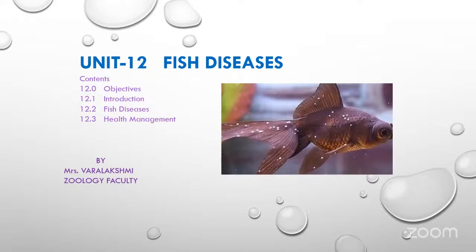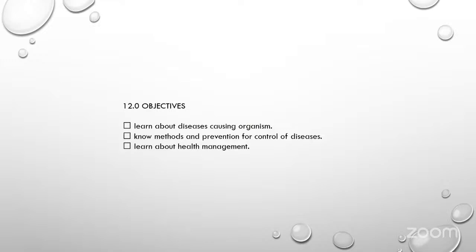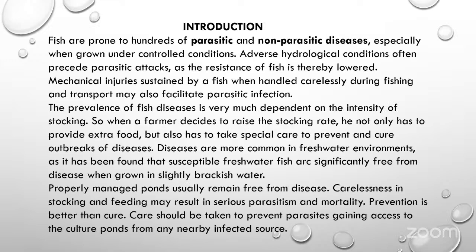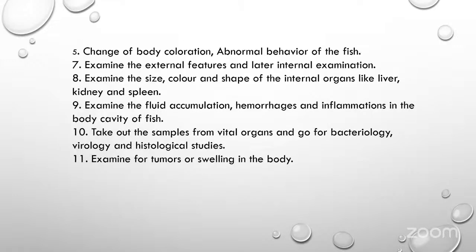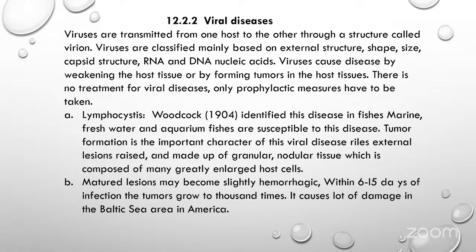This is Unit 12, fish diseases, BSc second year. How to observe the fish, whether they are having any disease or not. These are the preliminary observation points. Almost 11 points are there. If you can remember all these points, it's very good. Then these are the few viral diseases: lymphocystis,